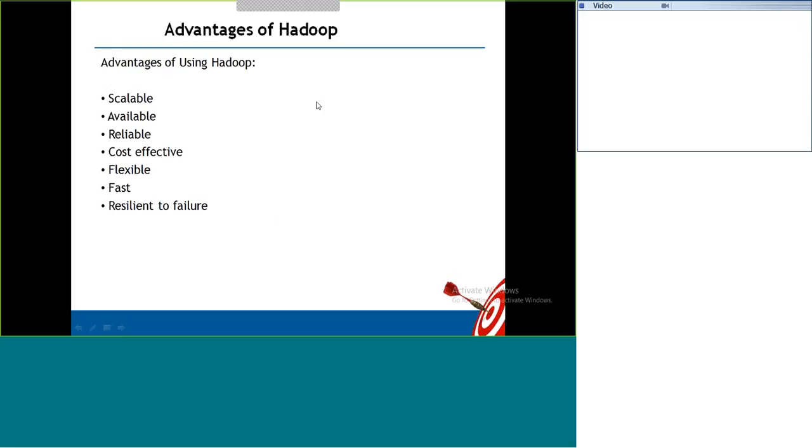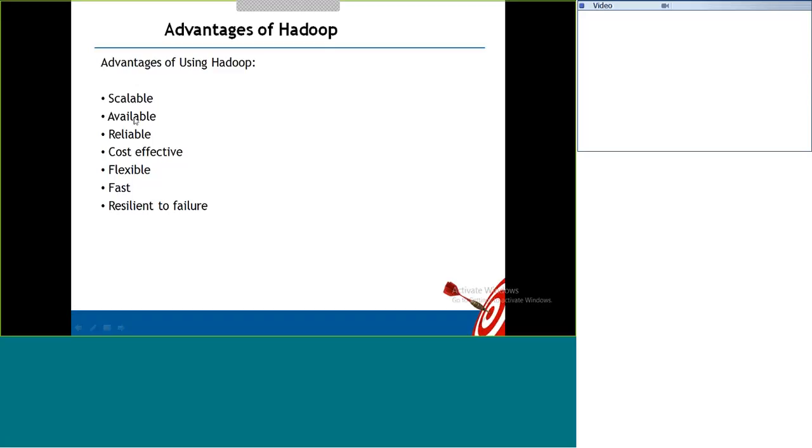Now we are going to talk about why everybody is choosing Hadoop for their big data needs. What is the advantage? Scalability. It is scalable enough to take any amount of data in terms of storage and processing, because Hadoop is using multiple machines together. It is using the resources of all these machines in terms of storage and processing. That's why it is accomplishing your goals of storing very big data and processing very big data.